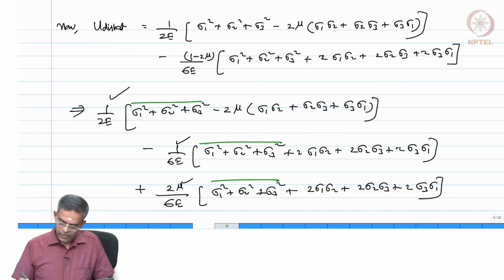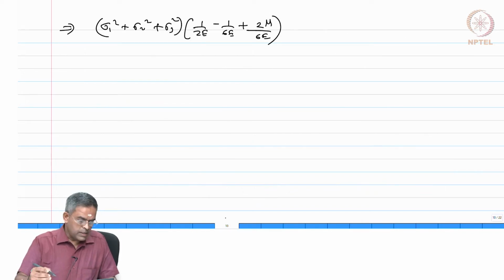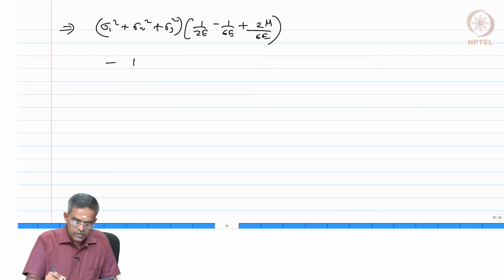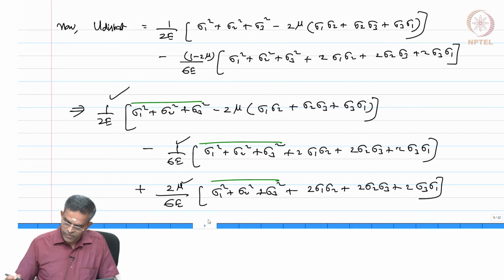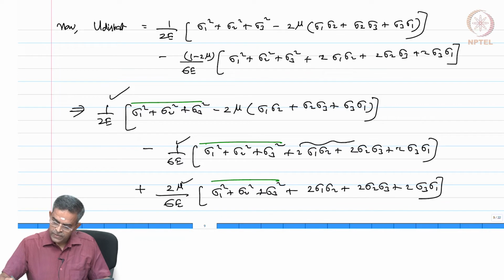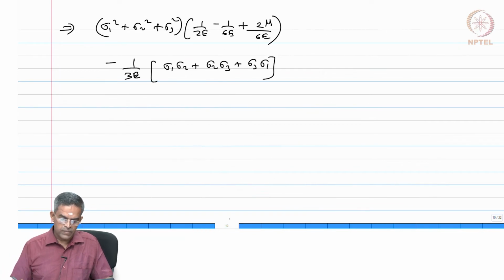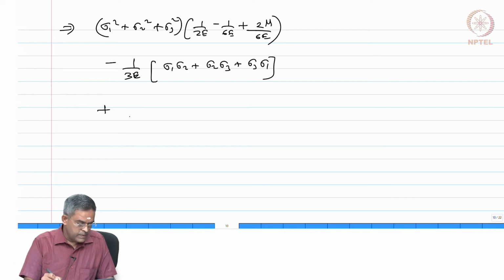Then we can also write the remaining terms, minus 1 by 3E of σ1σ2, σ2σ3 and σ3σ1. Where is this term coming from? This term comes from this, okay, because twice 6E, so 1 by 3, correct, plus μ by 6E of,